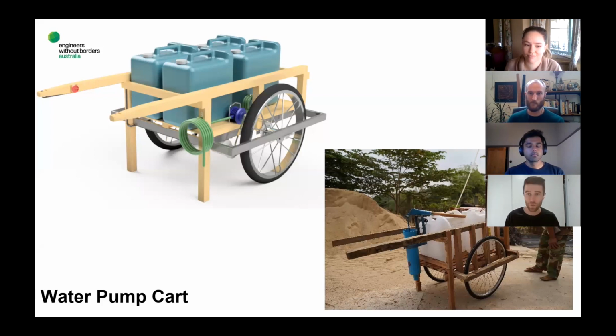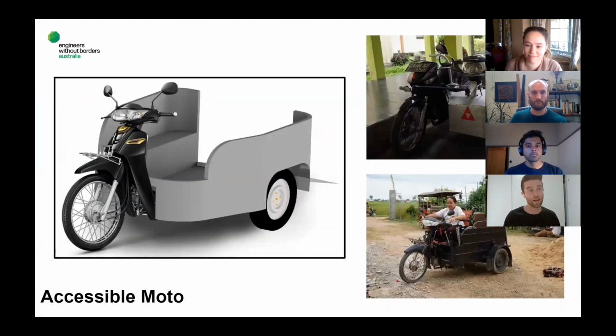So inside of the similar theme of accessibility, we also work with one of our partners, Light for the World, to look at a project that focuses on how to give wheelchair users in rural Cambodia better access to independent transport. So in the bottom right there, you can see one of our collaborators, Sraimom. So Sraimom is an administrator at one of our partner NGOs, and she's a wheelchair user. And in the past, she's really relied a lot on local tuk-tuks and local motorcycle drivers to take her to and from her house. And our partner was really looking for a way to give her independent transport, a way